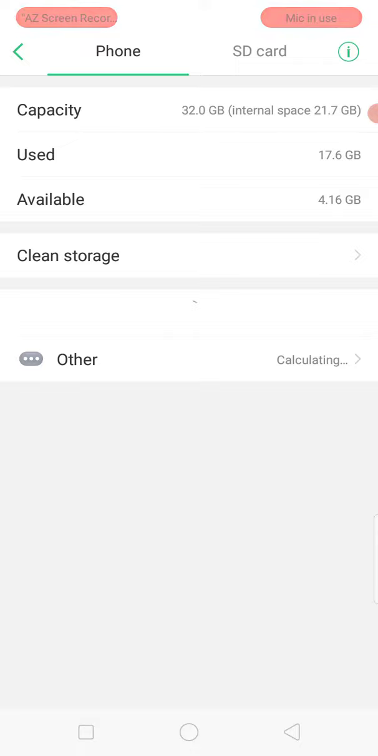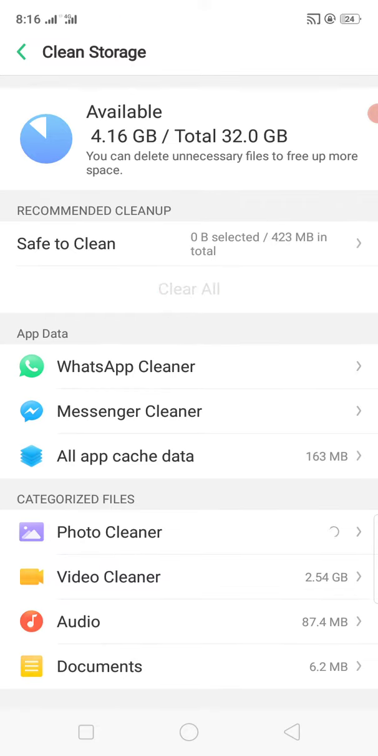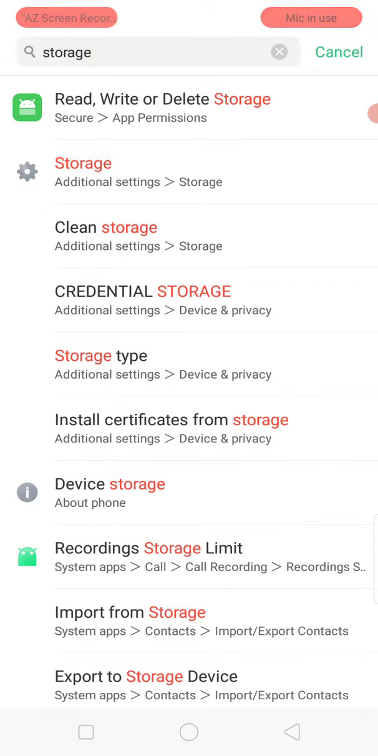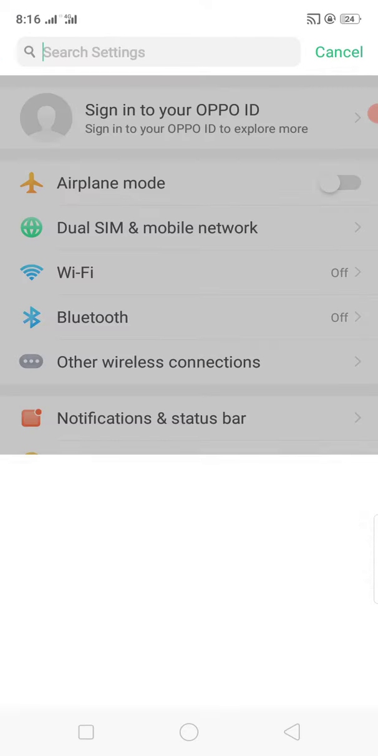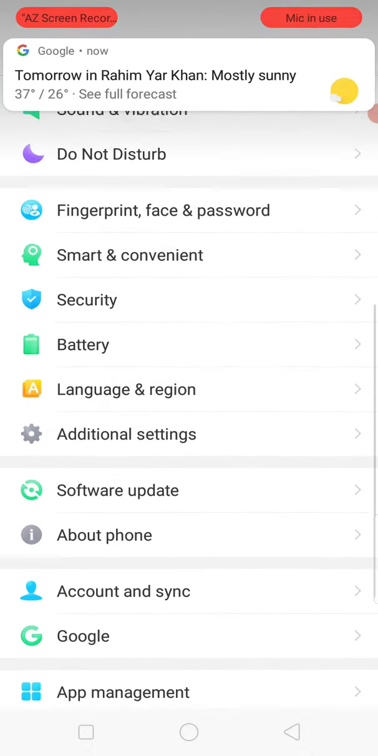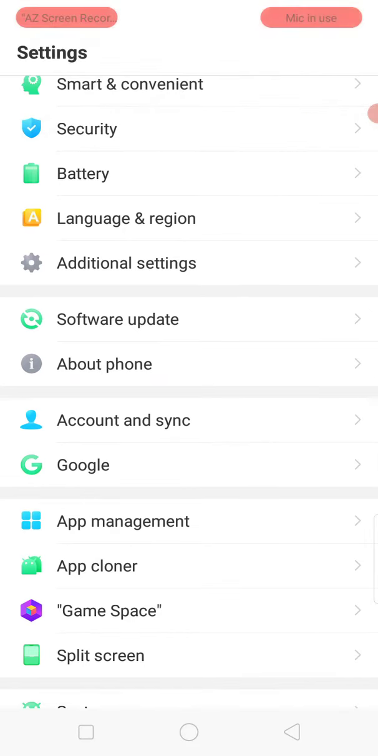After that, clear storage. Please wait and clear all. Then go back, again back, and remove these options. Scroll down and click on app management. If you are using an iPhone, go to your iPhone storage, search for Genshin Impact and